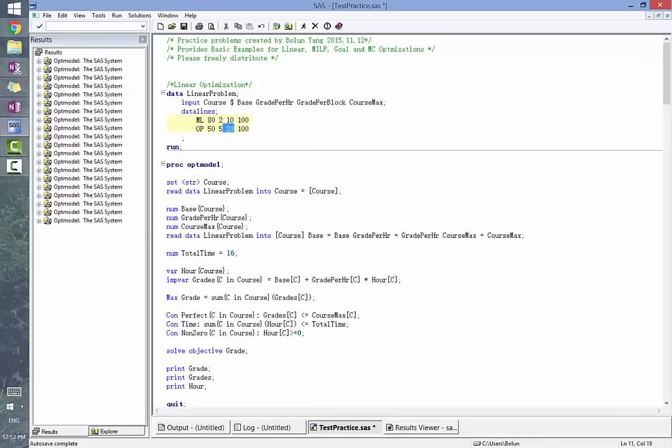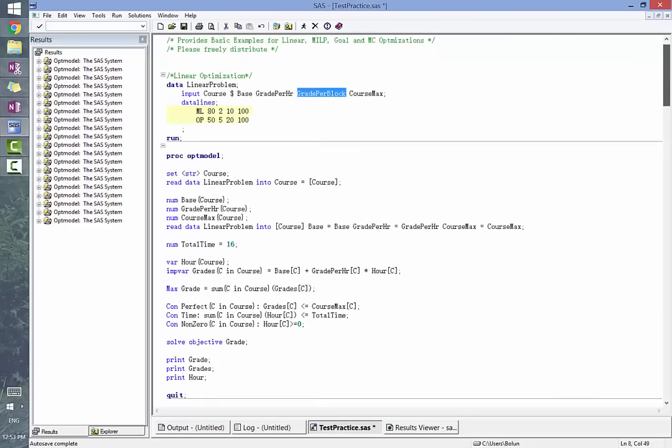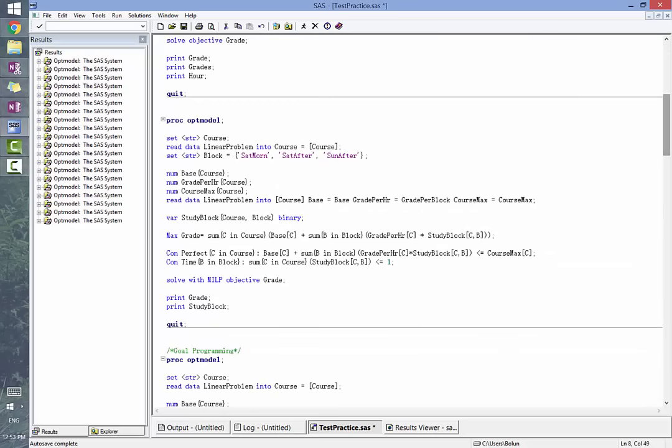Last time we mentioned there are these two things we're not using, and you can see now these are being used in the second problem. So let's go through our formulation once again. First, we create our set course and we read in the course from the data set. We already did that. The next thing we're going to create is the block variables: Saturday morning, Saturday afternoon, and Sunday afternoon. So you can see here that we can also create sets just using string or number notation